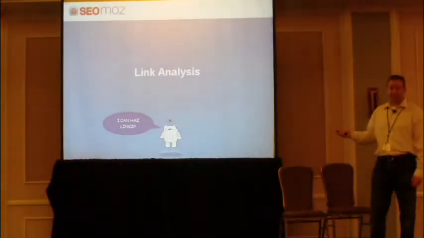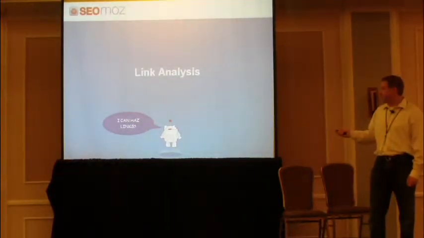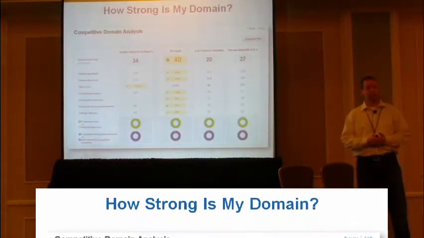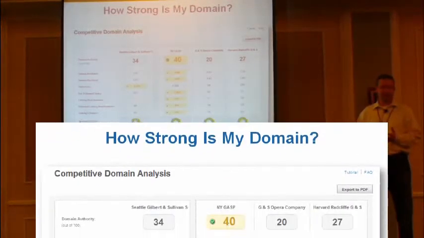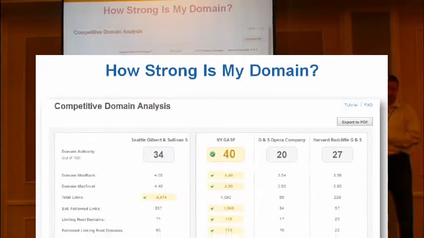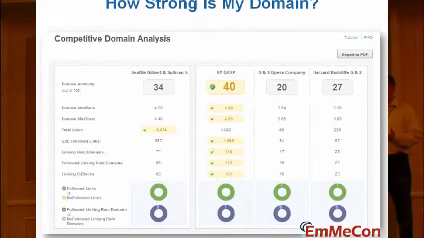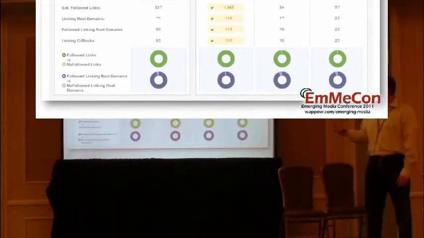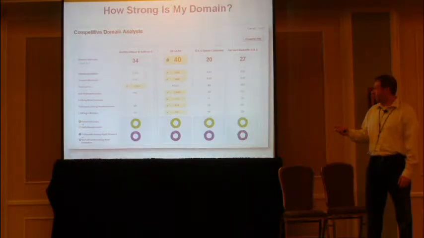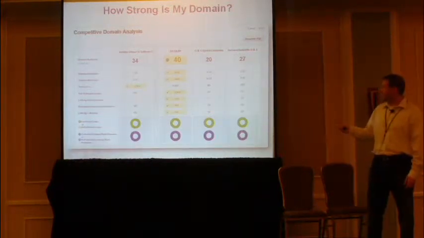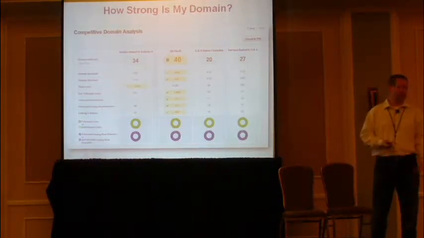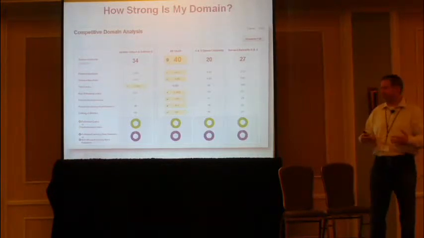So I'm going to talk a little bit about link analysis. This is a high-level look at how strong your domain is and how strong your competitors' domains are. And that's helpful when you want to figure out whether you can rank or not for a particular term. And so here you can see Seattle Gilbert Sullivan is a little bit weaker than New York, but kind of stronger than the other competitors you care about. It's a nice way to quickly view within the web app the link metrics that you might want to investigate to figure out if you want to build more links or